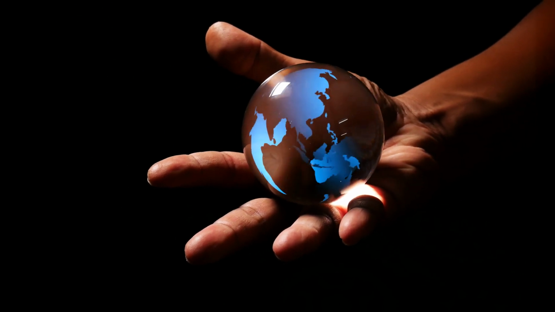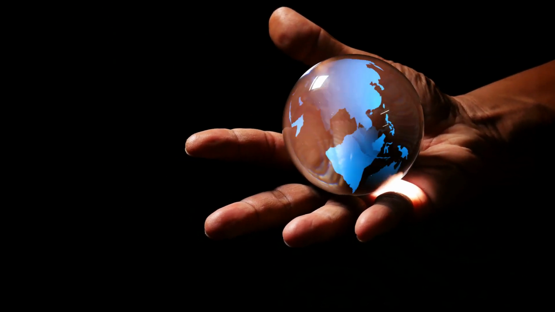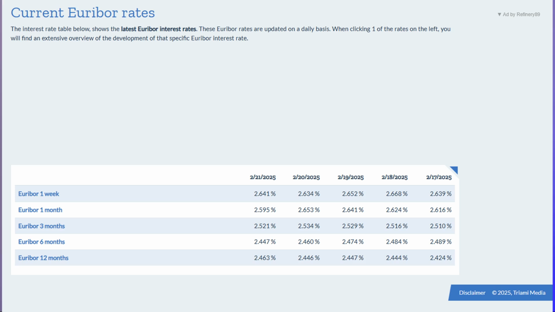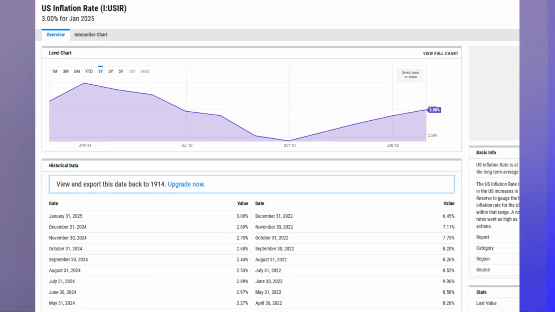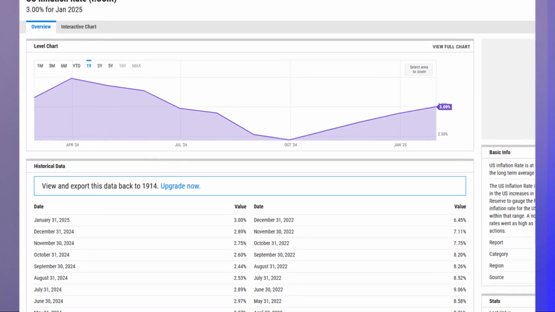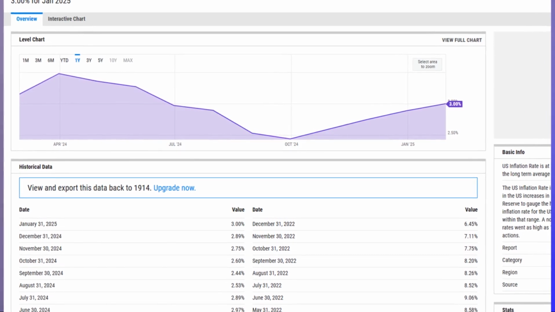Of course, none of us has a crystal ball, but we can look at the Euribor index for some guidance. The Euribor index, in fact, is the rate banks use to lend money to one another. If we examine the 12 months Euribor, we see that it currently stands at 2.4%, suggesting that the market is already anticipating a further half-point reduction in interest rates over the next year. However, this is merely an indication, as the central banks may adjust their policies in response to unexpected events. For example, in the US, inflation is currently rising again, and to counteract this, central banks might decide to raise rates instead.